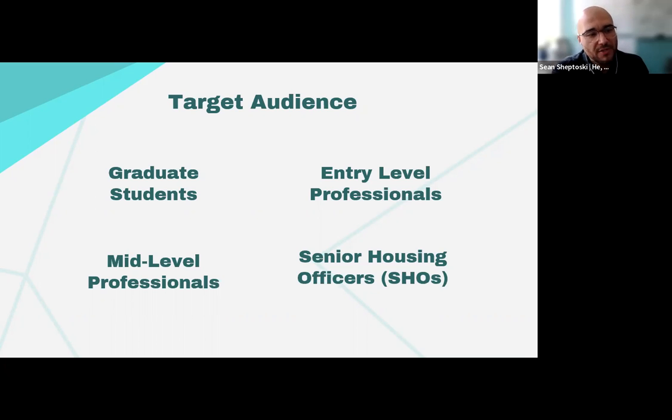So that's going to be a piece that you need to identify, and then just something to think about as it relates to maybe what level you're at as well. Obviously, if you are a graduate student, maybe graduate students are a great audience to really think about, and as you move up, thinking about even a senior housing officer, they could definitely still do something for graduate students and entry level.